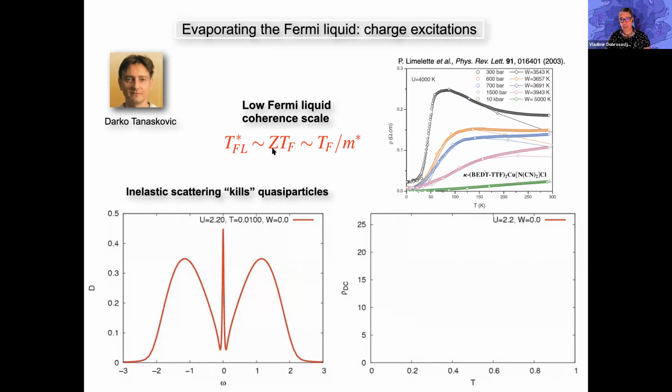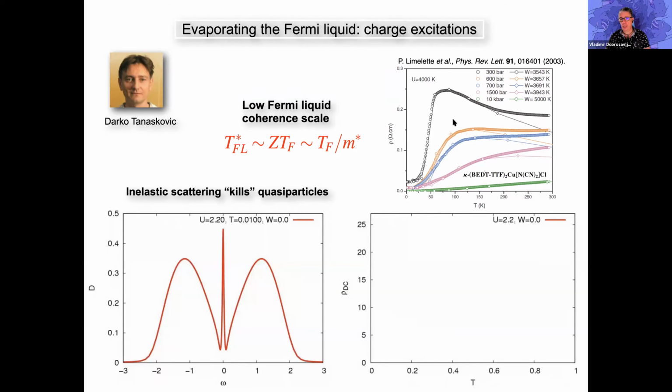As we approach the transition, Z shrinks to 0, as Brinkman-Rice predicted, but M star diverges, and now the quasi-particle becomes very fragile. What happens to this quasi-particle as we raise the temperature, and how does that influence resistivity? Well, here are some resistivity curves that were found in experiments led by Jérôme's group in France some years ago.